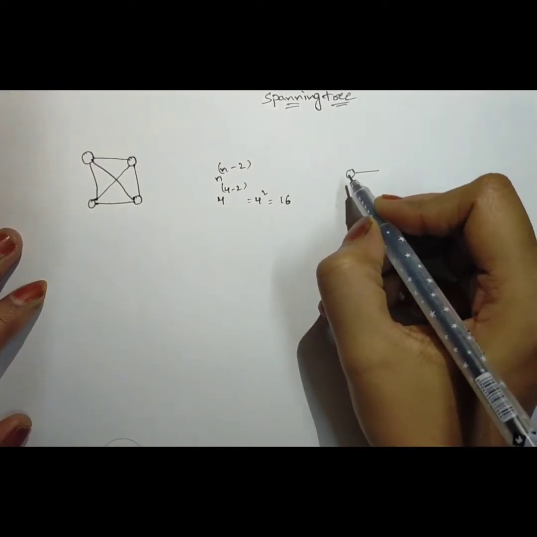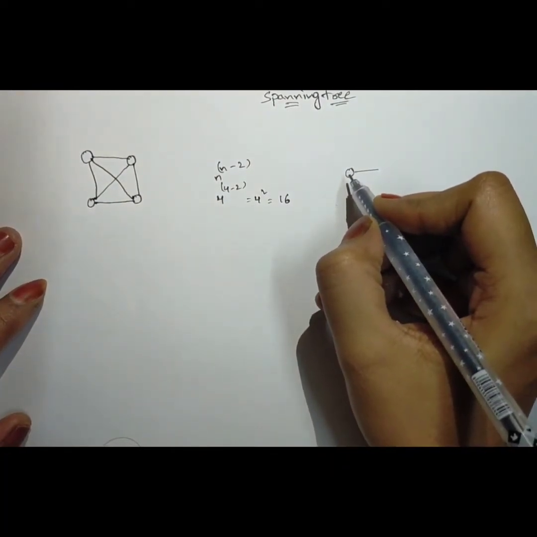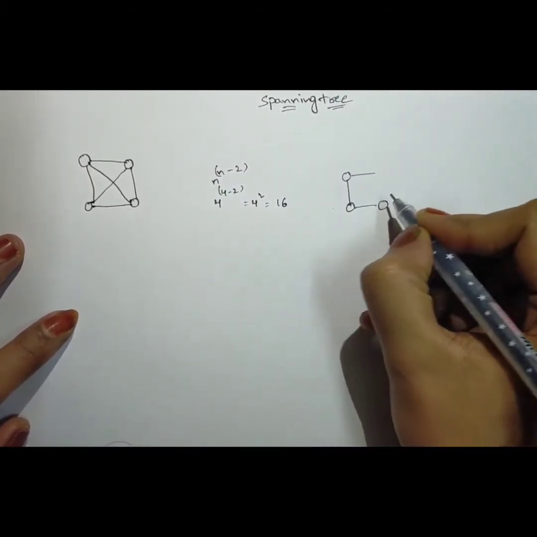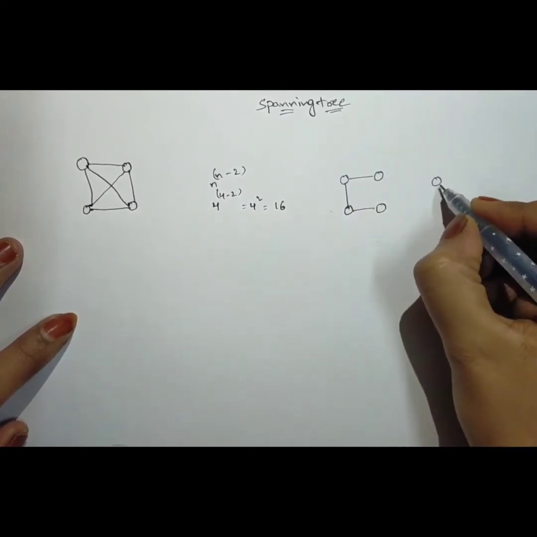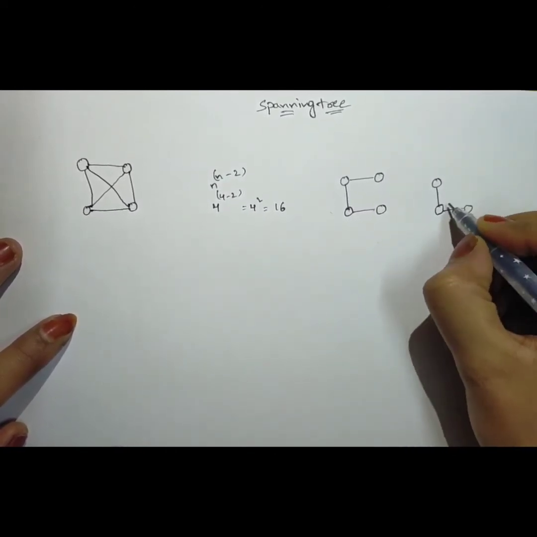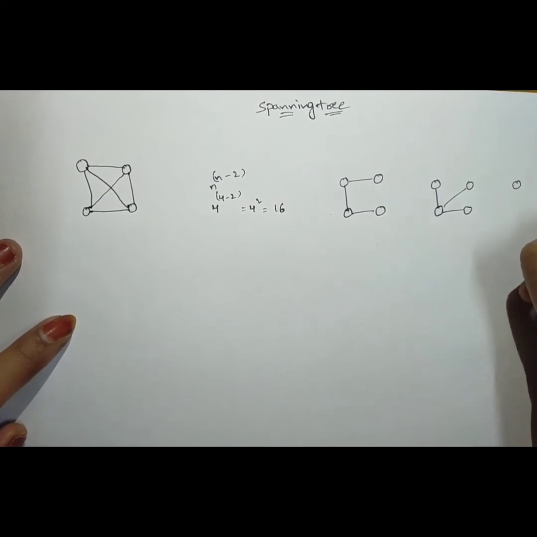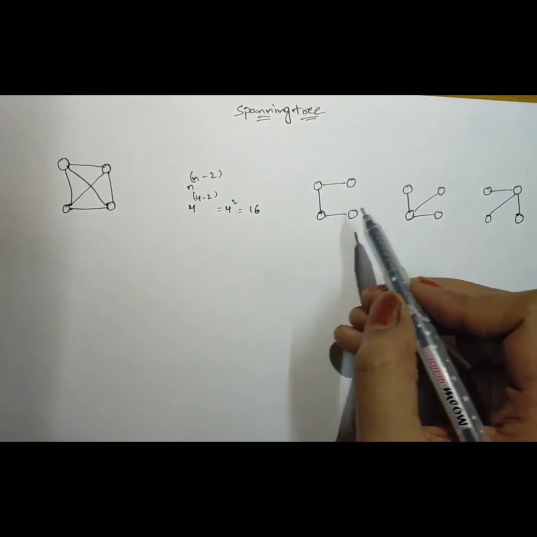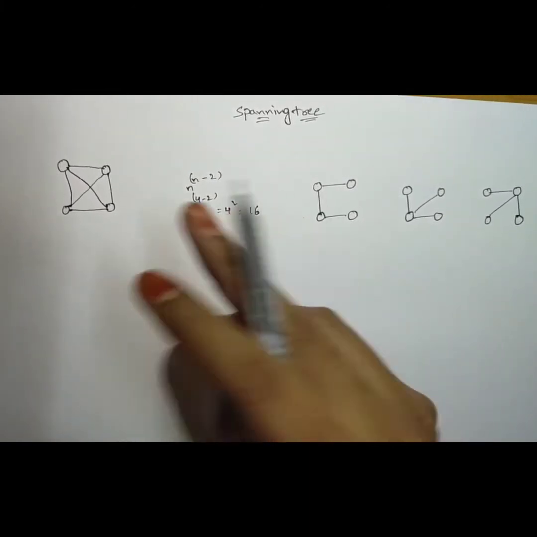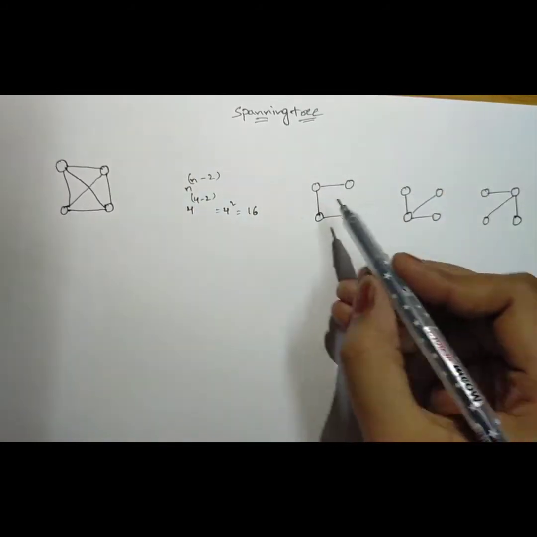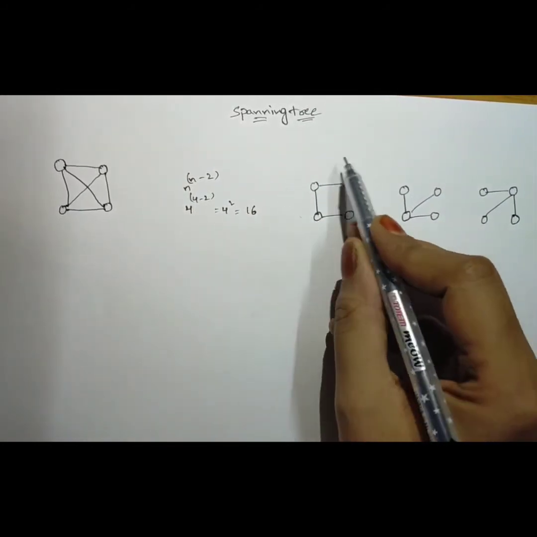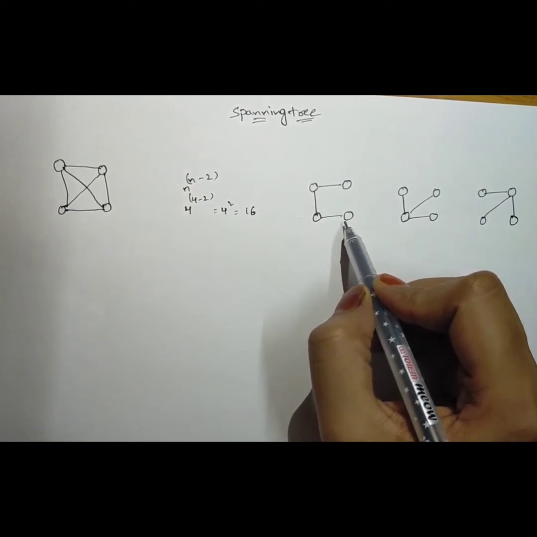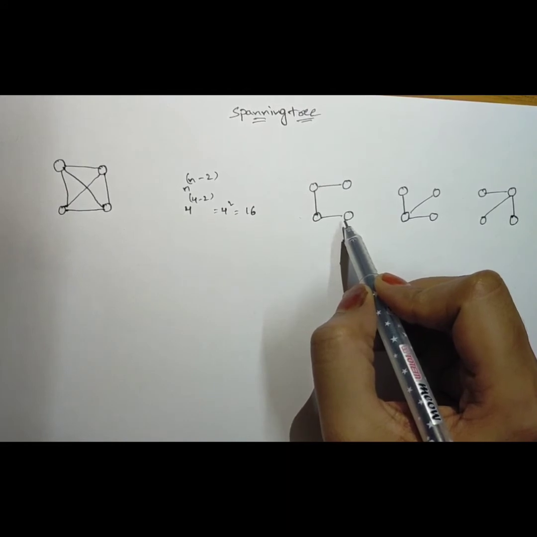Let me show you some examples of forming the spanning trees by using this graph. See, this is one of the possibilities. This is the second possibility. This is the third possibility. Like this you can form 16 different types of spanning trees from this graph. Here we are drawing the graph by connecting all the nodes in the graph. We are not discarding any one of the nodes.